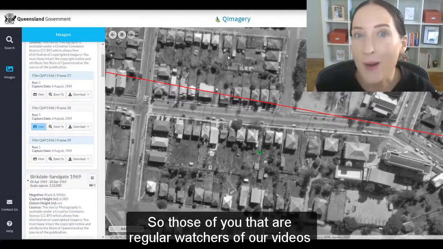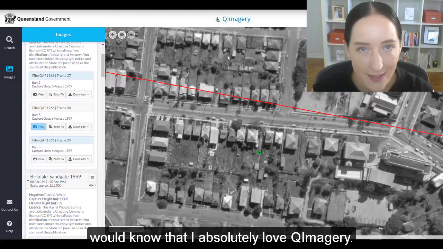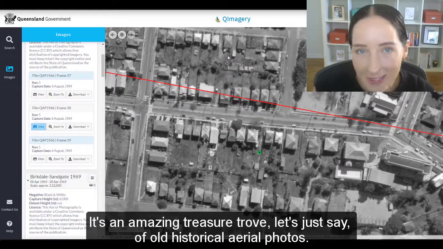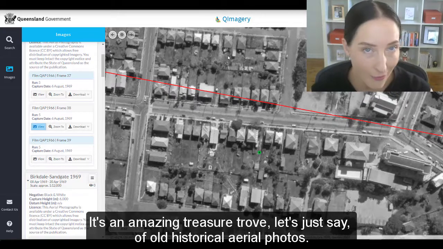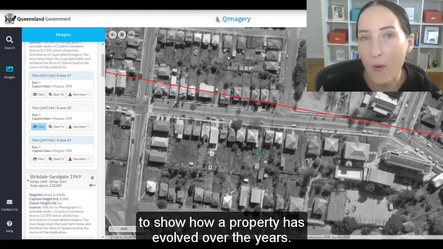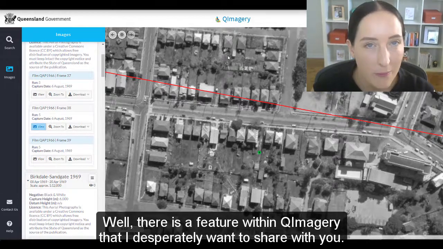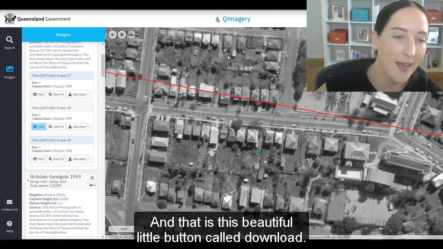So those of you that are regular watchers of our videos would know that I absolutely love QImagery. It's an amazing treasure trove, let's just say, of old historical aerial photos. So it allows you to piece together a timeline to show how a property has evolved over the years. Well, there is a feature within QImagery that I desperately want to share with you,